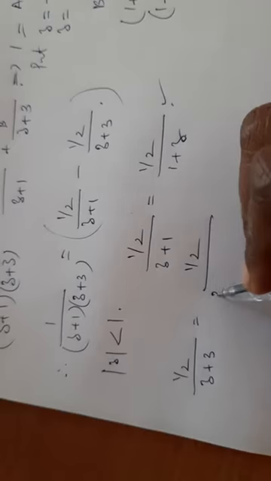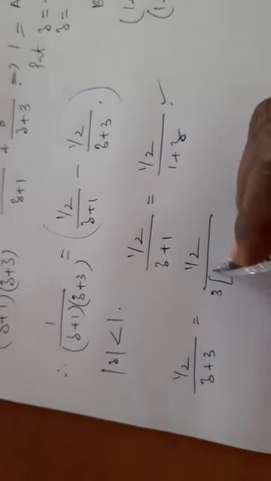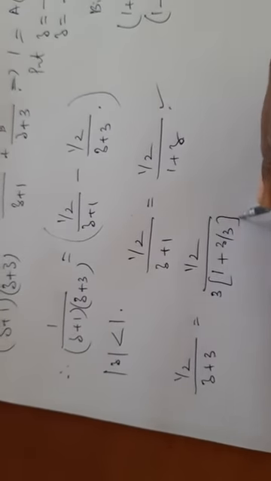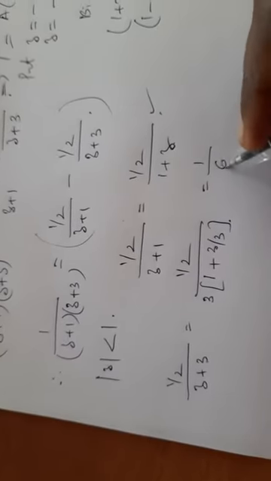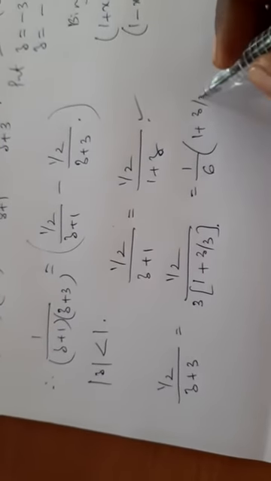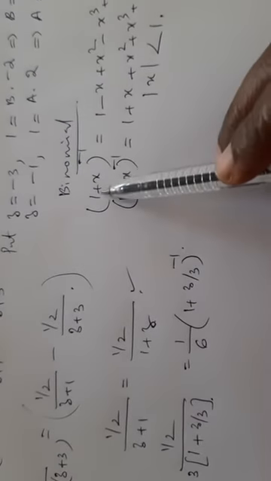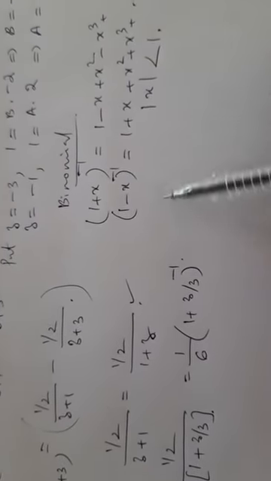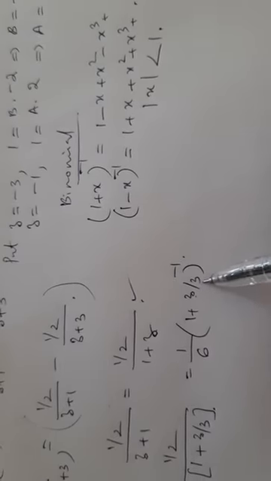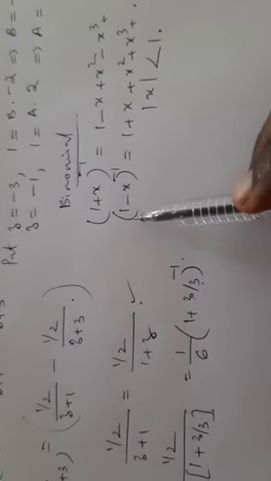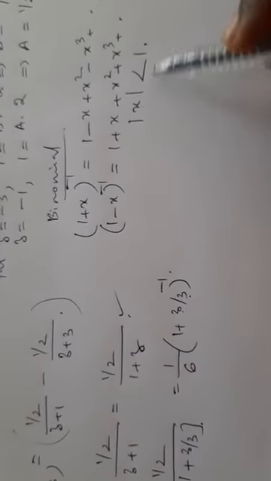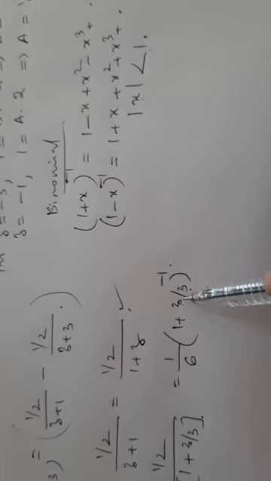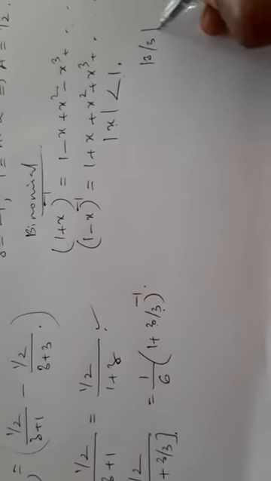So we can take this 3 outside so that it is 1 plus z by 3. Okay, so it is 1 by 6 into 1 plus z by 3 the whole raised to minus 1. We can again apply the 1 plus x the whole raised to minus 1 formula, and in the place of x we can put z by 3. But for that expansion to be valid, mod x is less than 1. So here modulus of z by 3 should be less than 1.